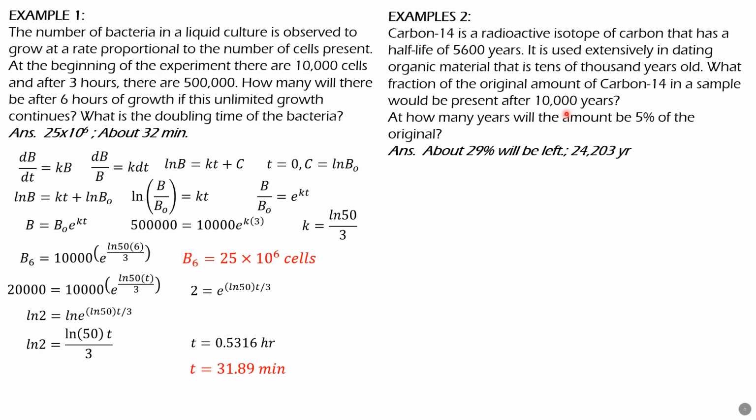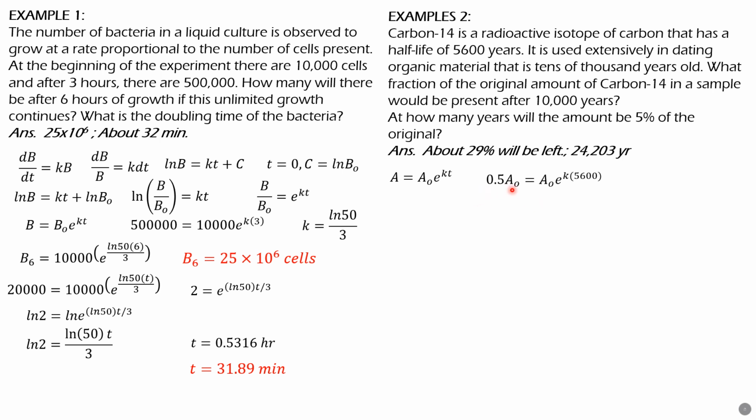after 10,000 years. Like in the previous problem, it's the same relationship, so we proceed directly to the equation, and I'll call A the amount at any period. So A equals A sub O e to the kt. Substituting the half-life, 0.5 of AO equals AO e to the k, where t is 5,600 years. Cancel out AO, take ln of both sides.